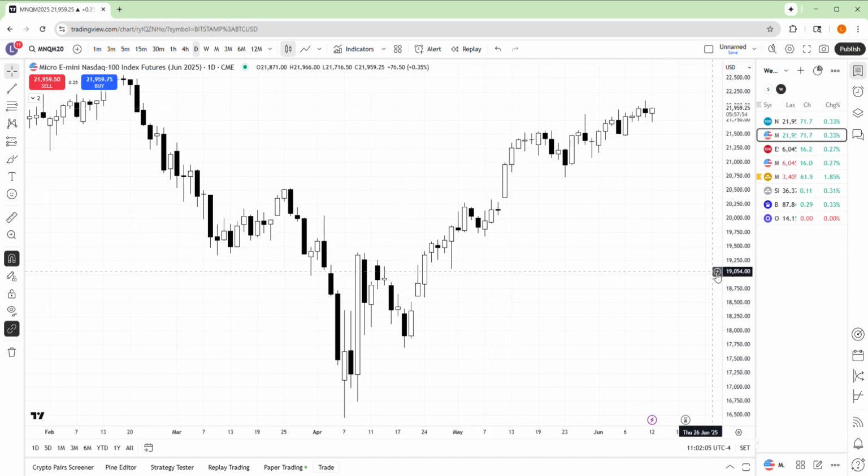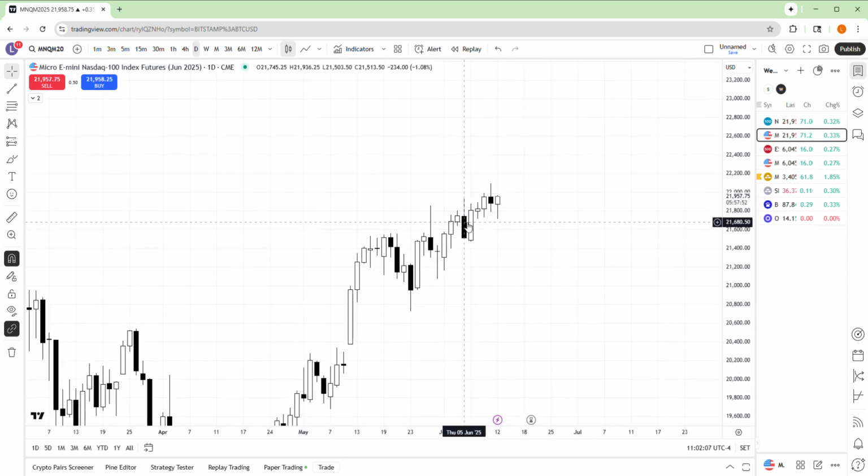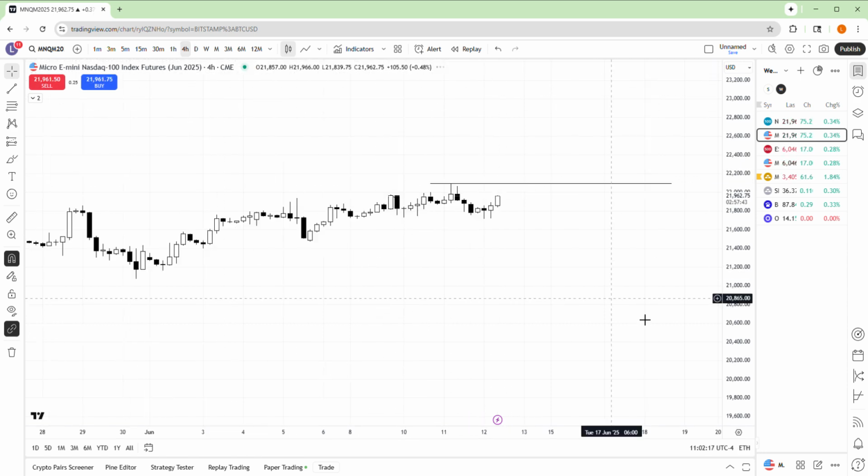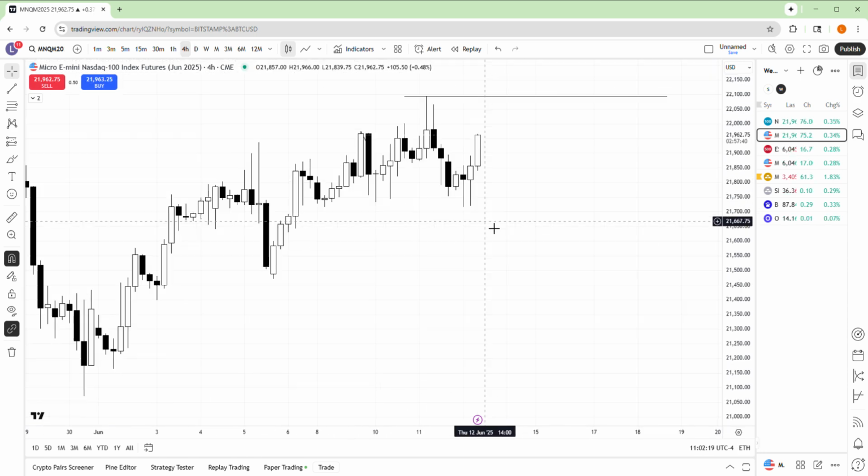So the daily, I didn't get much other than order block, external liquidity, and we can mark that out, that's cool. And bullish order flow. So that's really it from the daily. 4 hour,